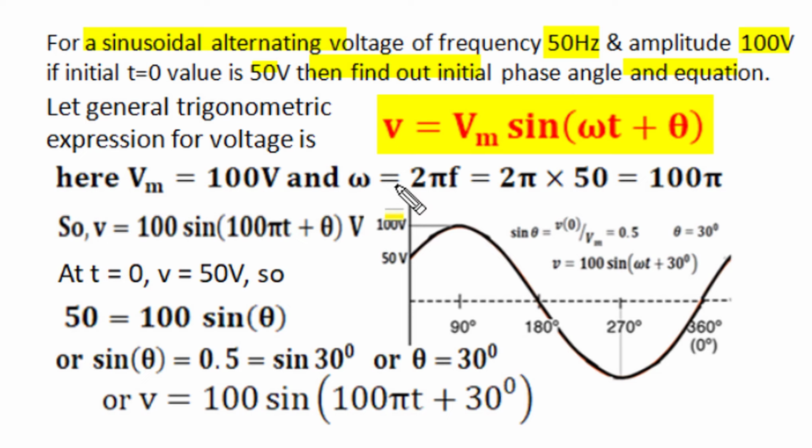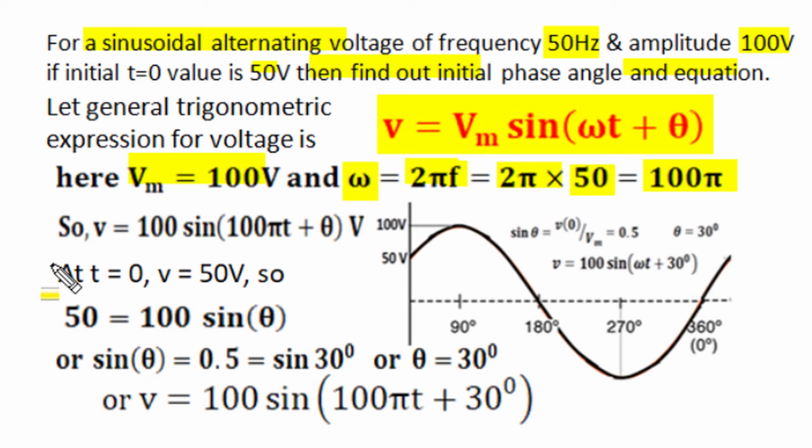We have to find out its initial phase angle and general trigonometric equation. So we know a sinusoidal voltage in general can be expressed as Vm sin omega t plus theta, where Vm is amplitude and it is given as 100. Omega is angular frequency, and angular frequency in terms of frequency in Hertz is given as 2 pi f, and for the 50 Hertz frequency given to us, angular frequency will become 100 pi radian per second, and this theta, the phase angle of the sinusoidal signal, depends upon the initial instantaneous value,